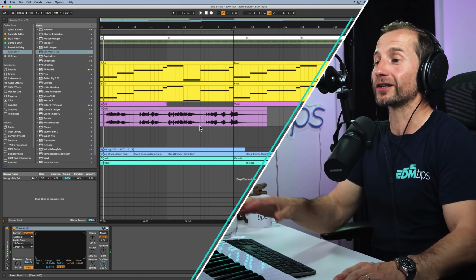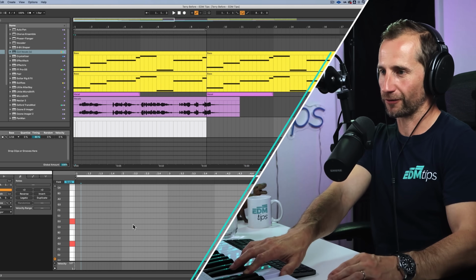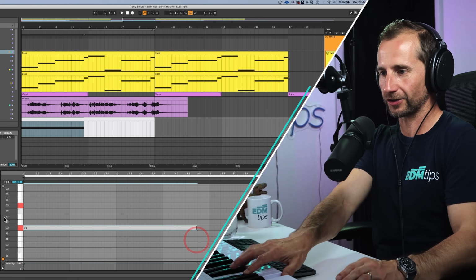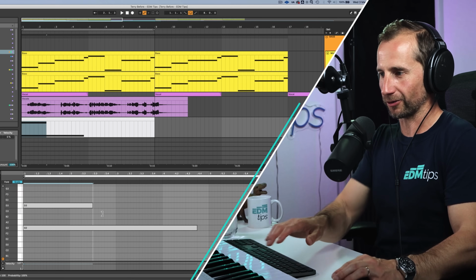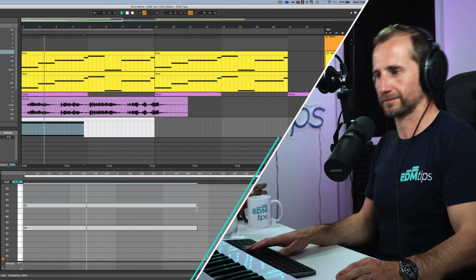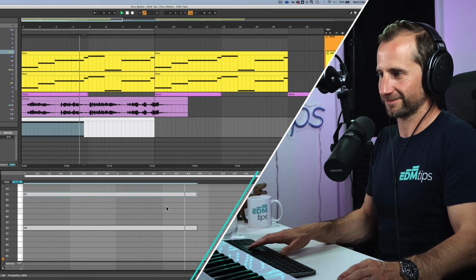And then of course you can program that MIDI in, or you can play it in, whichever you prefer. And then that's going to play every time the track loops around, so you don't actually have to be playing your keyboard each time. A really cool effect. Again, this can work in any genre, but it doesn't just have to be with vocals. So I've linked a video there where it shows you how to do it with drums as well, which is